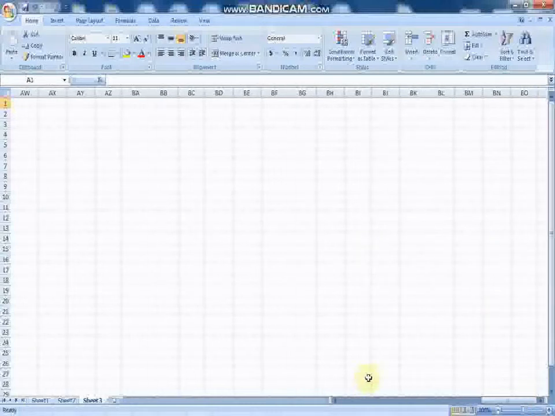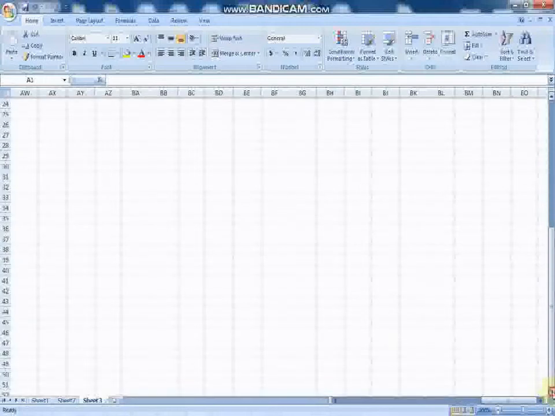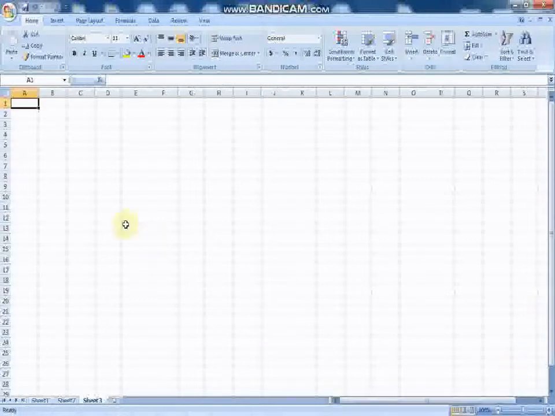I'm not clicking now. And rows also, here also you can see so many rows. How many rows are there? They range from 1 to 10,48,576 rows. Yes, so many rows and so many columns are there.